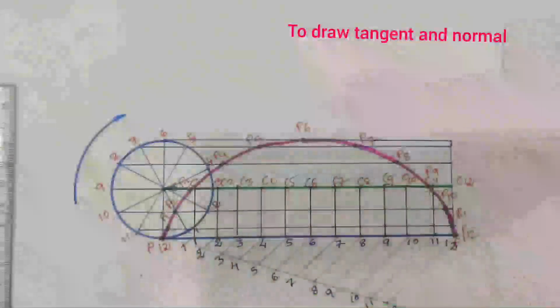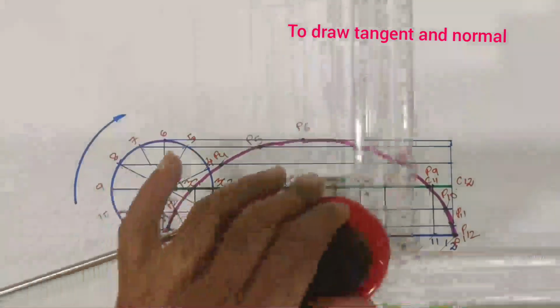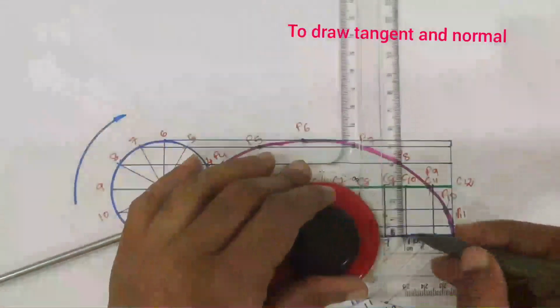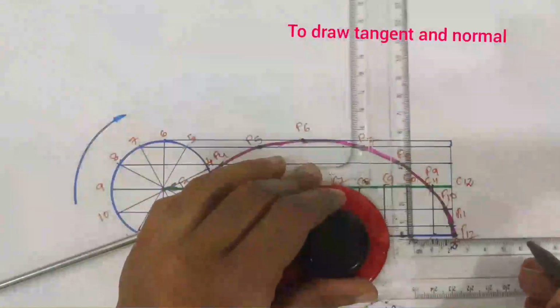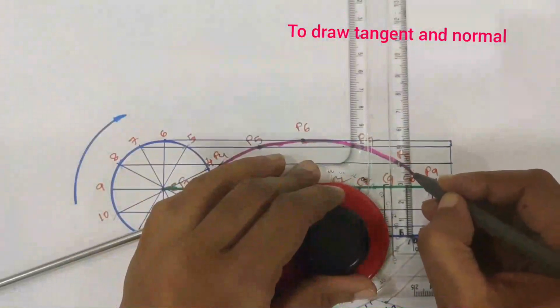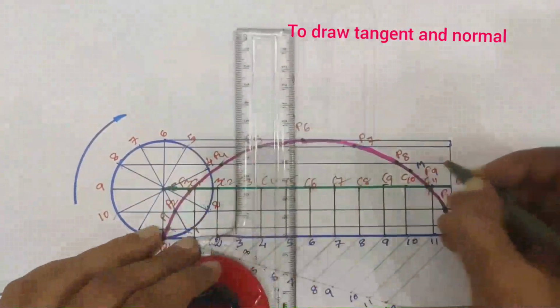This is the cycloidal curve. To this curve, we'll draw normal and tangent. That normal and tangent point is given in the problem, which is at a distance 35 mm from the directing line. So locate the point on the curve. So move the drafter so that the required measurement from the directing line touches the curve. So here that point we are getting on the curve is here, that is M, with M as a